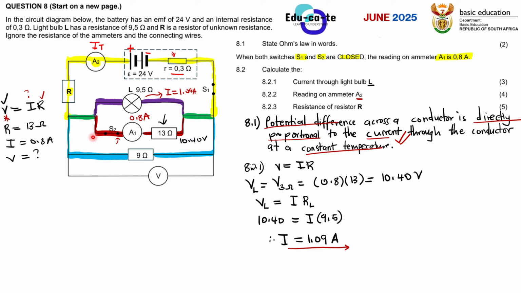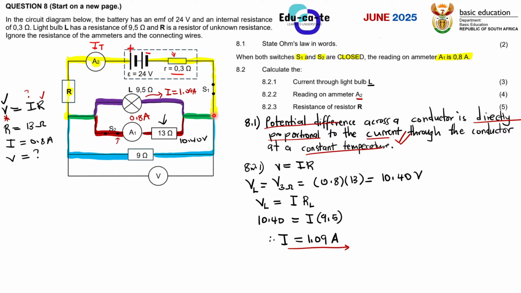So when we say that current is splitting, it simply means that if we were to add this green current and this blue current and join them here again, it will still give us the yellow current. I'll repeat again, guys, it's like we are splitting a certain amount of money, 1,000 rand. Let's just say 200 rands goes there, which is the green current, and then 800 rands goes there, which is the blue current. When they combine again here, what will they form? The 200 plus 800 will still form the 1,000, the one that we have split.